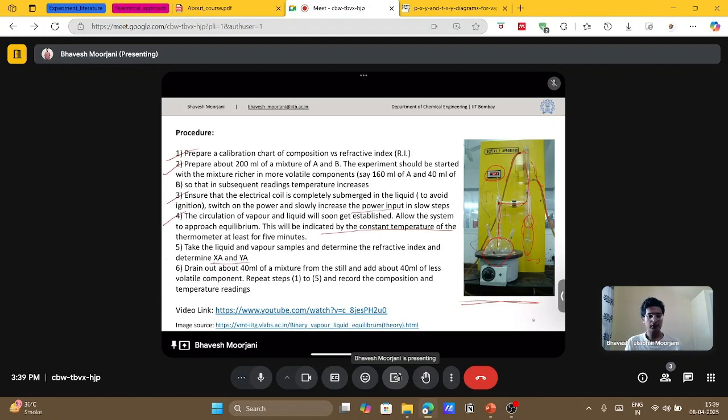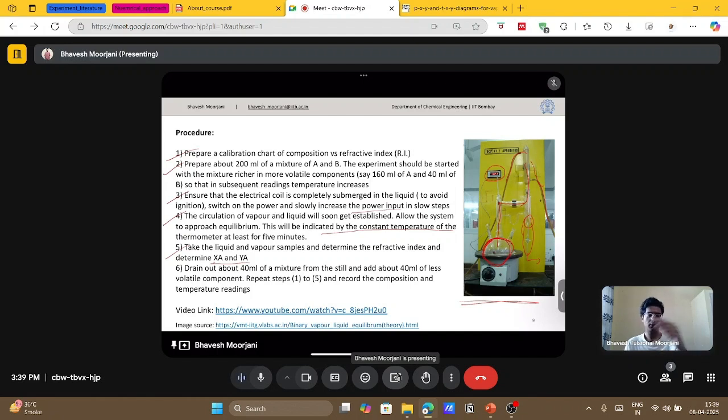Once that is done, for a given composition we have computed XA and YA. Now we will change the composition in the feed again. Initially we started with 160 ml of A and 40 ml of B. Now change it, and let's say we put 140 ml of A and 60 ml of B. Repeat steps 1 to 5. Determine the composition at every point, and then at the end we will find